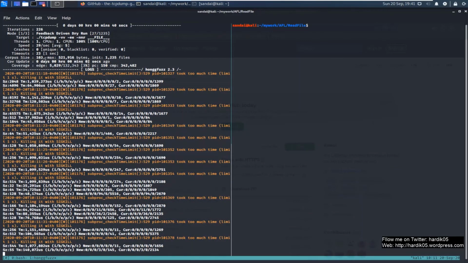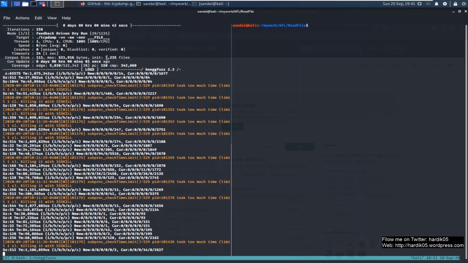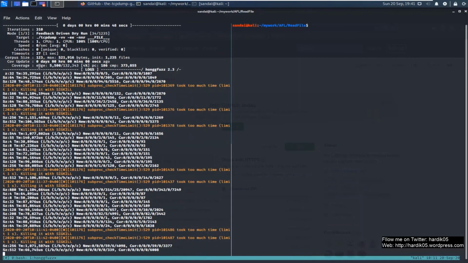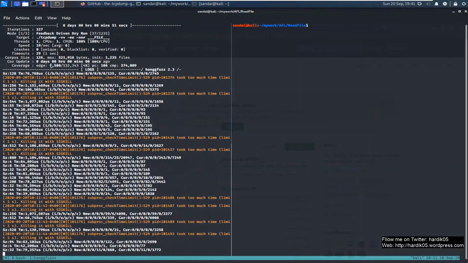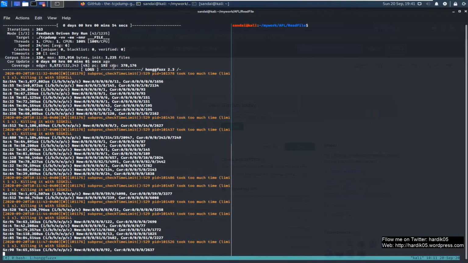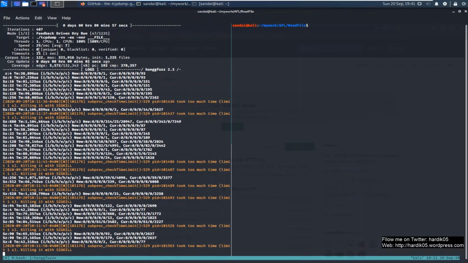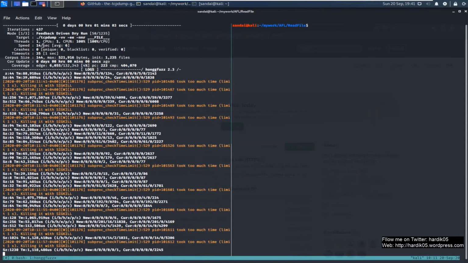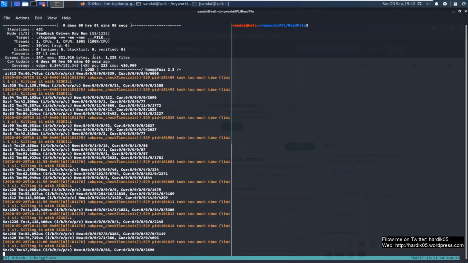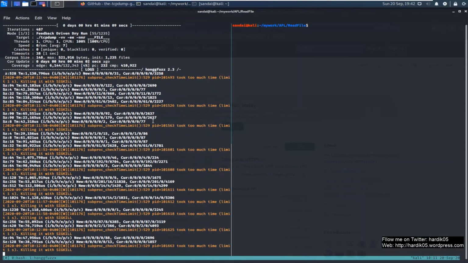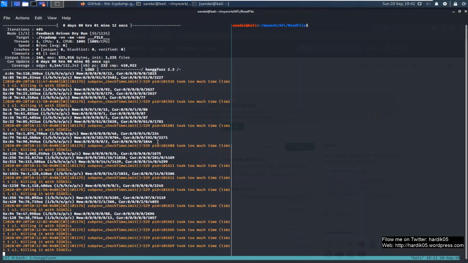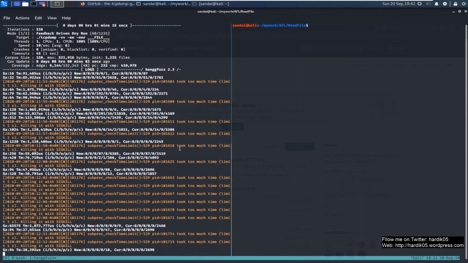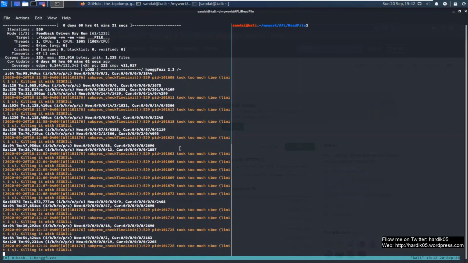You can check the corpus size. Right now it is 103. It is increasing as it is performing the dry run, and here it is giving some coverage related info. What is the edge based coverage, what is the compare coverage, and the speed we are getting right now, it's varying from 0 to somewhere around 90 or 20. This is because I'm running it on a VM, but if you have a powerful multi-core system, then that will be better. So this is how you use Honggfuzz with tcpdump, and it's very simple.